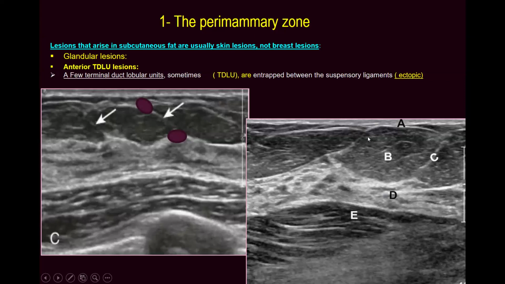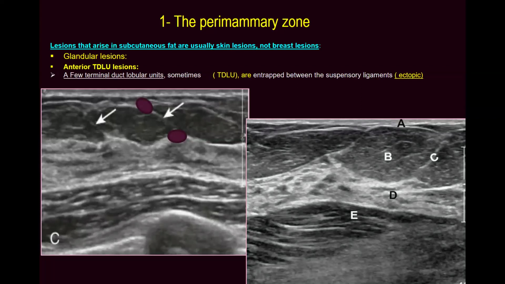But if it is a benign lesion, it is supposed to be posterior to the superficial layer of the superficial fascia. And this is a suggestion, and I did not prove it yet. I used to work like that, and all of the lesions I could follow were proven to be that one, most of them